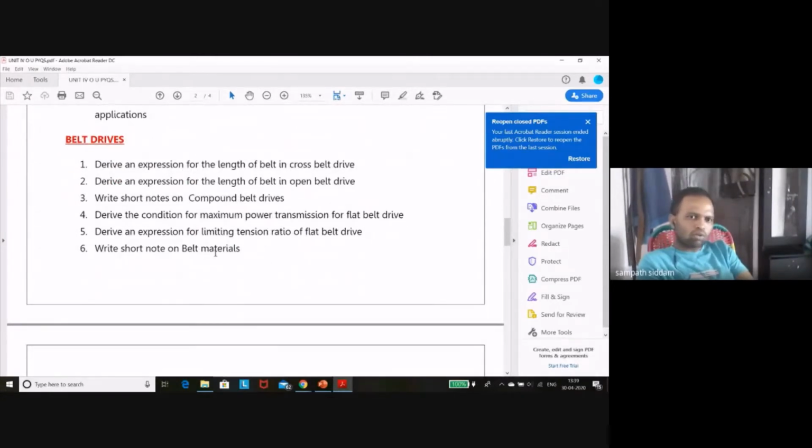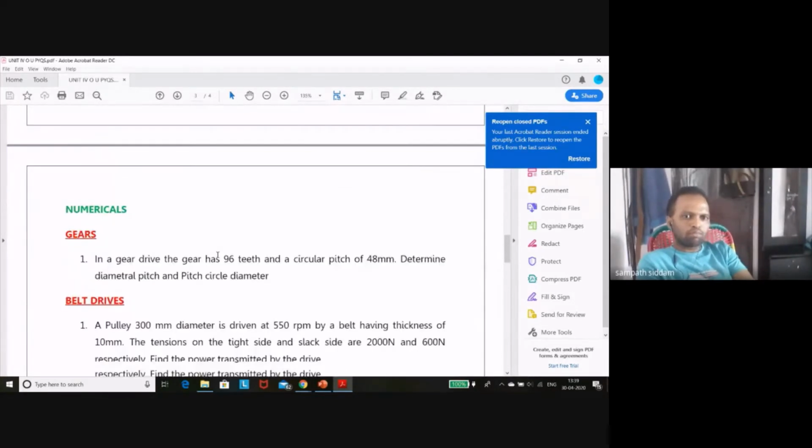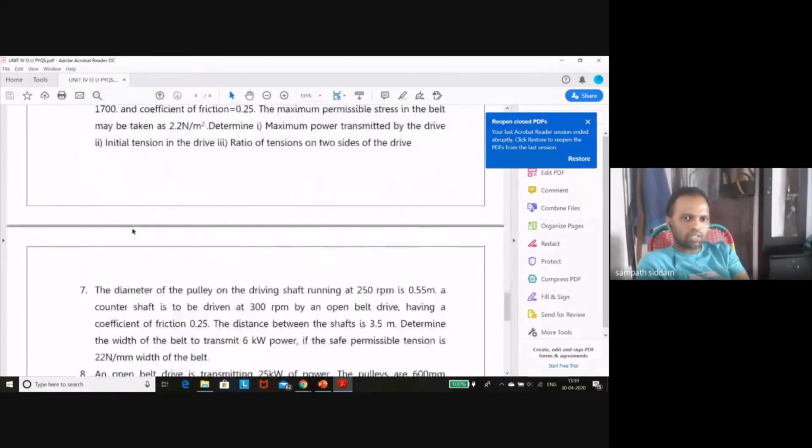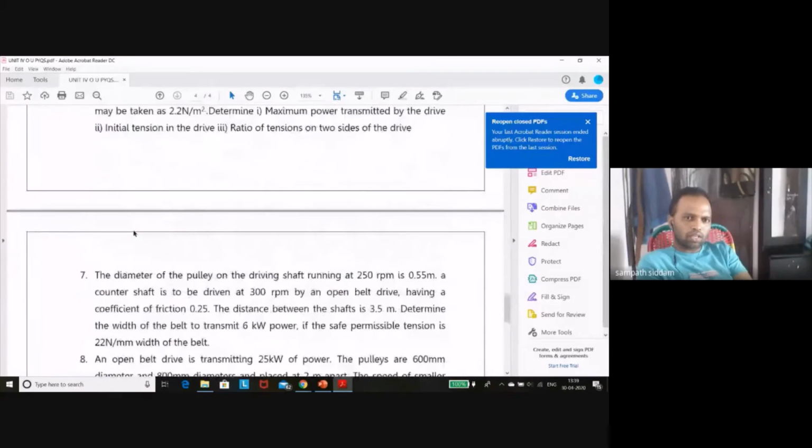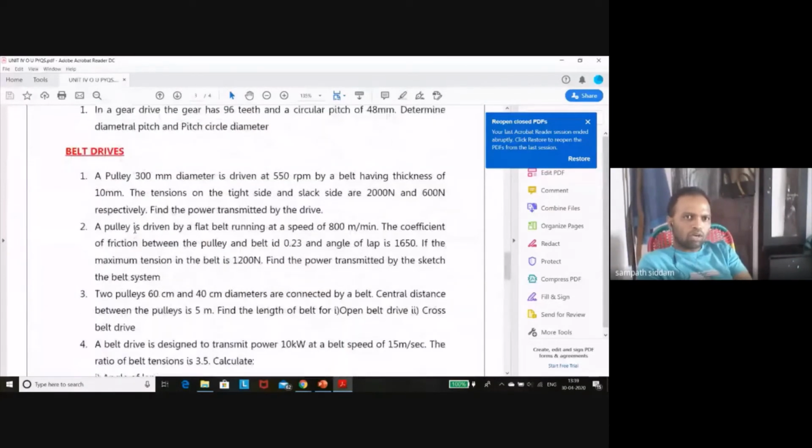And write a short note on belt material, which we have just gone through: balata, rubber, leather belts. In that case, you can list out all these materials, which we already covered in the slides. With this, I'll stop. There are no more numerical problems related to belt drives. I'll solve about 10 models by making another video. With those models, you should try to calculate all the problems related to the questions asked in the final exam. So with this, I'll